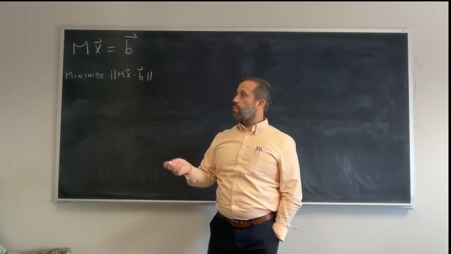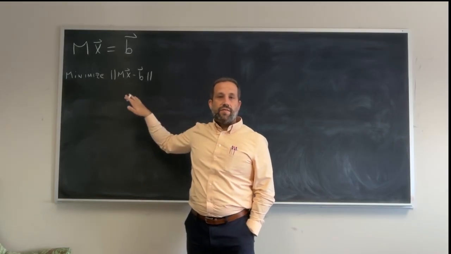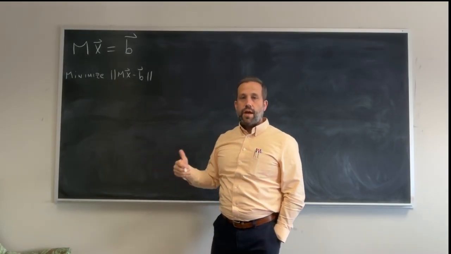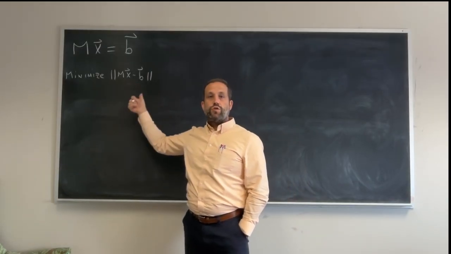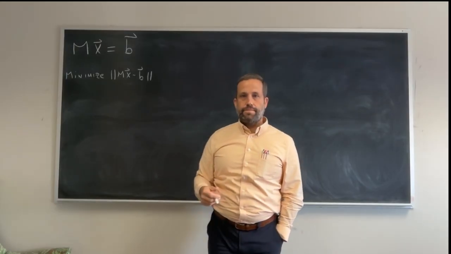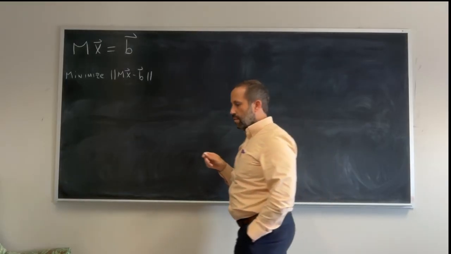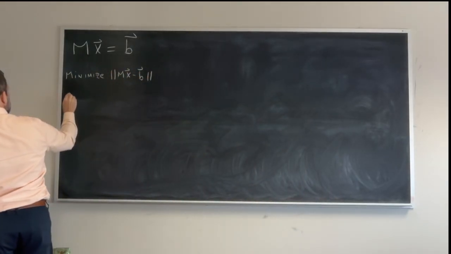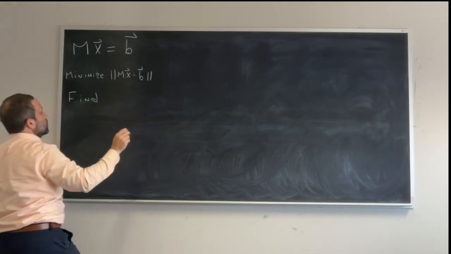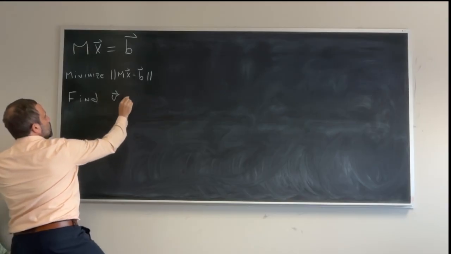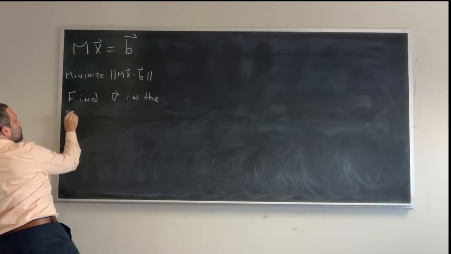On the other hand, the reason that we really like this is because if Mx equals b doesn't have a solution, this is going to give us the x that gives us the best solution, where best means minimizes the residual Mx minus b according to some norm induced by some inner product. Okay, so another way to state this problem is find the vector, I'm going to call it v. And again, I think we went over this in the previous video. In the column space of A,